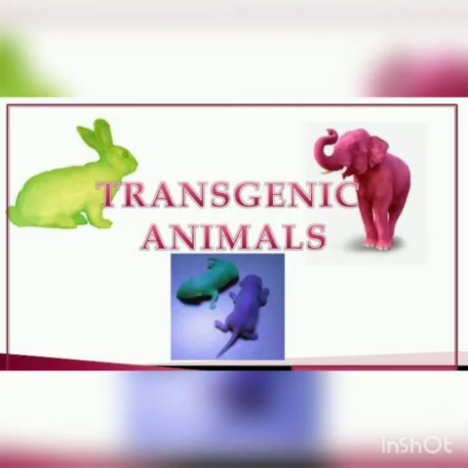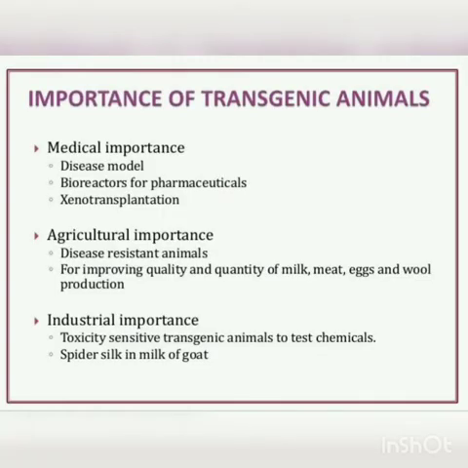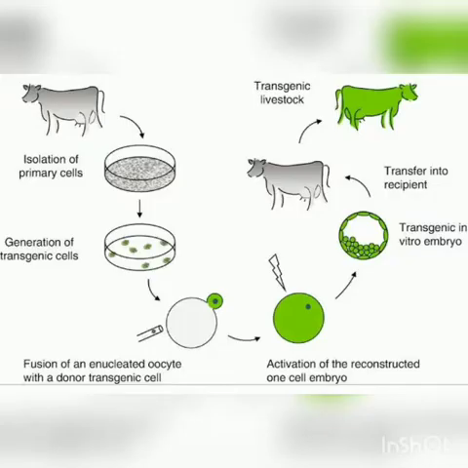Right. Next we move on to transgenic animals. What is meant by transgenic animals? In early days, selective breeding methods were carried out to improve the genetic characteristics of livestock and other domestic animals. With the advent of modern technology, it is possible to carry out the manipulations at the genetic level to get the desired trait in animals. Transgenesis.